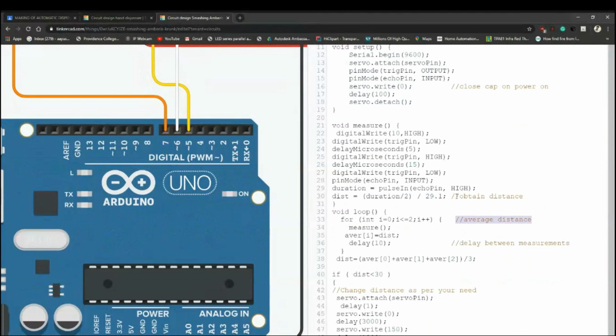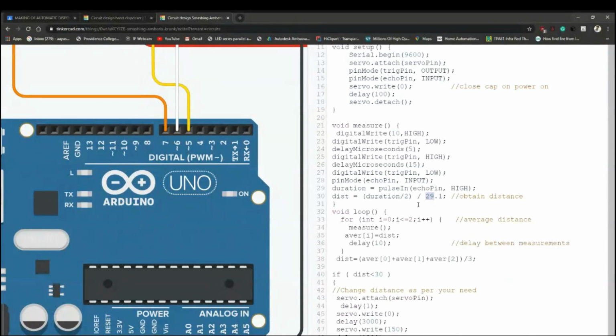Right now, with this math equation, we have found the distance. There may be a question of why 29.1 came. What this 29.1 means is that it is the speed.